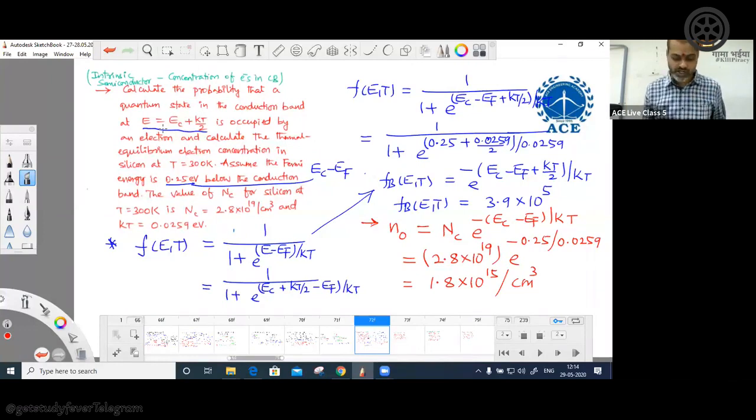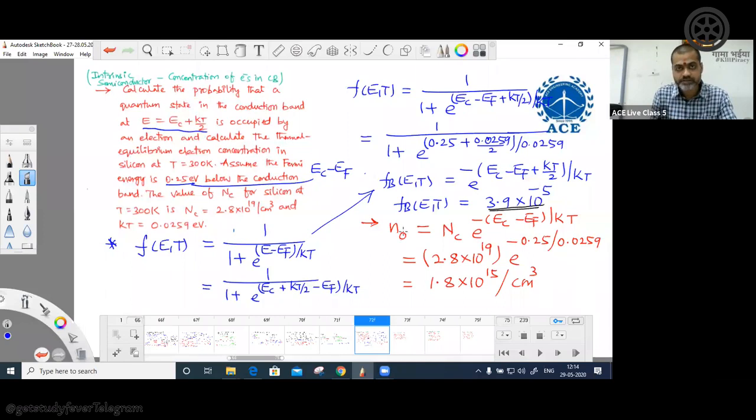Okay, how much did you get? It is 3.9 into 10 power, I think it is -5. I'm sorry, it is -5, not +5. Please correct it. It cannot be +5. That much probability, because probability is less than 1. Please correct that. It is 10 power -5. So it is a very small value. Yes or no? It's a very small value, but still